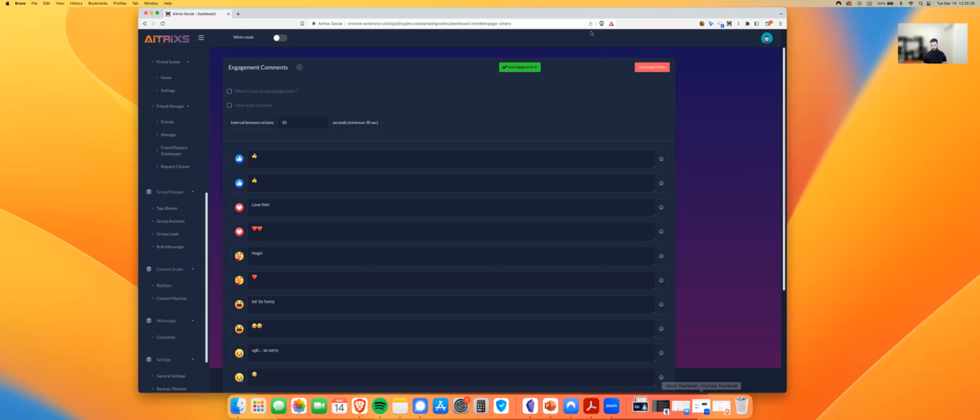So what this tool does inside of the Aitrixs Social product suite is it allows you to automatically engage in every post on your news feed. It's a really cool tool that absolutely expands your reach, expands your audience, increases engagement, and will ultimately lead to more interactions, more conversations, and more visibility on the newsfeed.